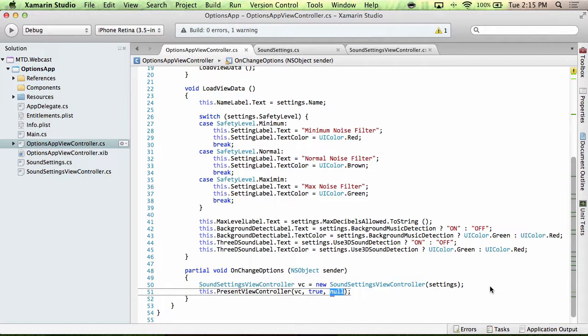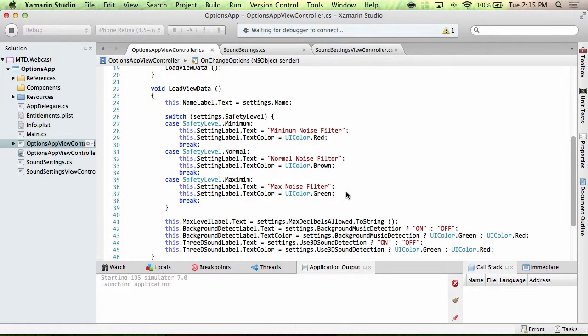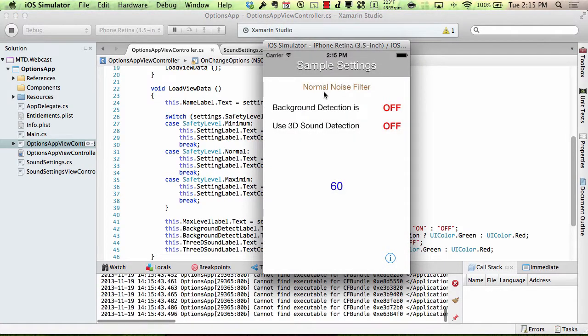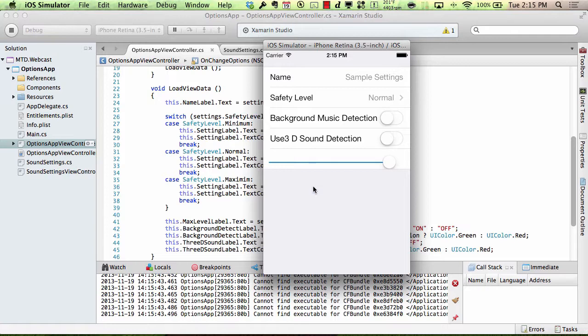So it's when the second view is now presented on the screen. Is there any work that we'd like to do? In this case, there isn't, and so that's all I actually need to do for this. Let's go ahead and run this just to see how it works without us doing any customization at all. And so this is going to come up in the simulator, and I'm going to go ahead and click my little button here. This presents my new view, and notice that I have my data here,